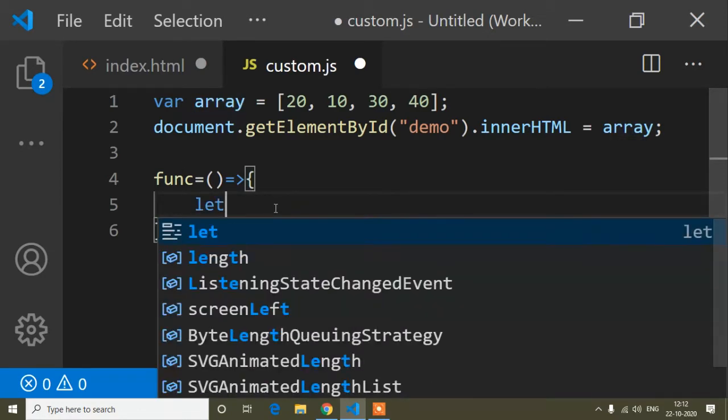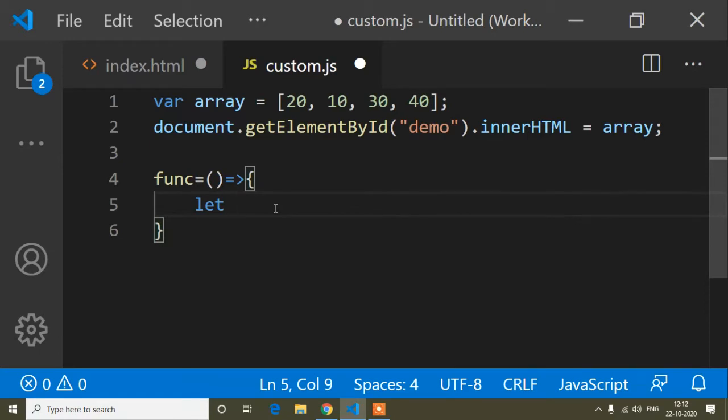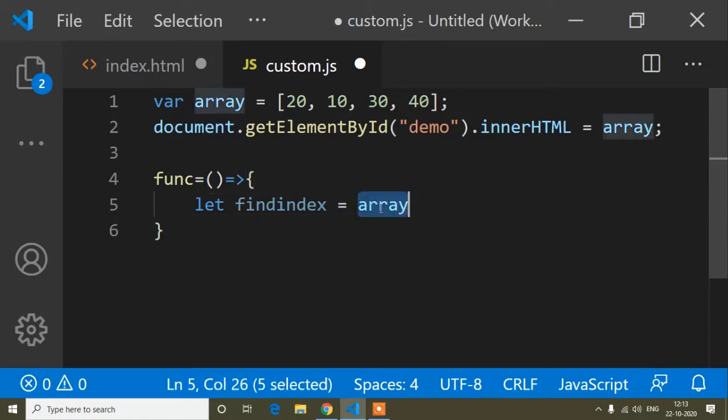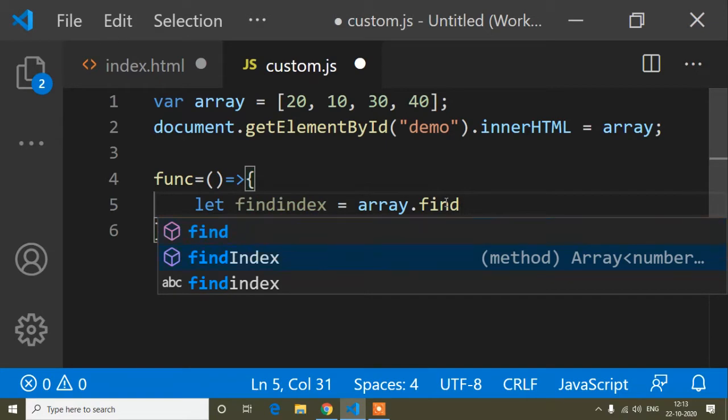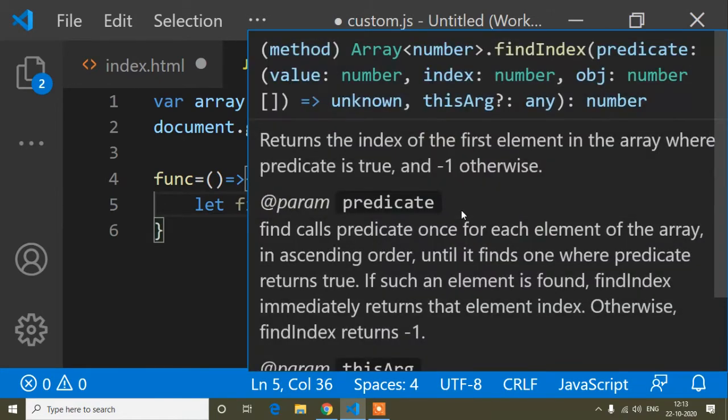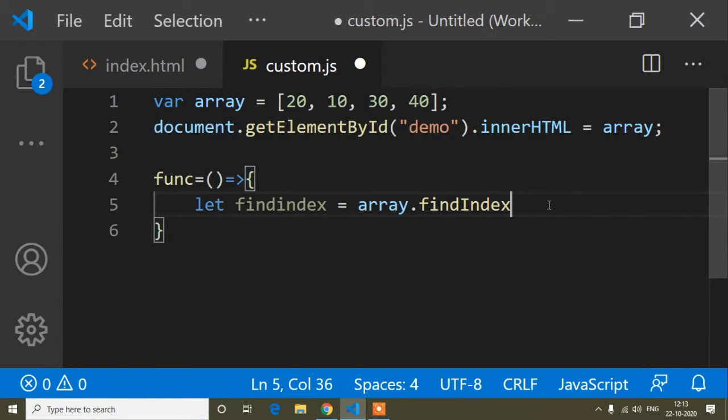First of all I will take a variable, so let, and here I will write the variable name findIndex equals to, and paste this array name, dot findIndex. The I is capital in findIndex, then parentheses.